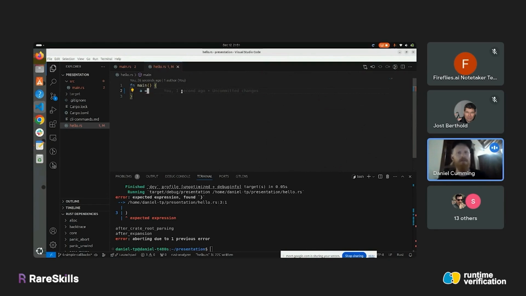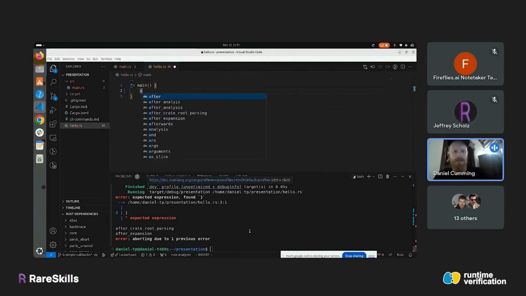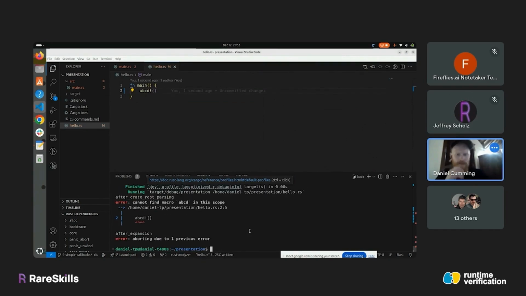So Jos did have a good point there, that it probably has recorded the error, but it's continuing as far as it can with its compilation in case there's more information that it can spit out to you. Got it. So if we wanted to break it after the expansion phase, that would be like if we put some macro in there that doesn't exist or something. That's a good idea. If we do ABCD macro,